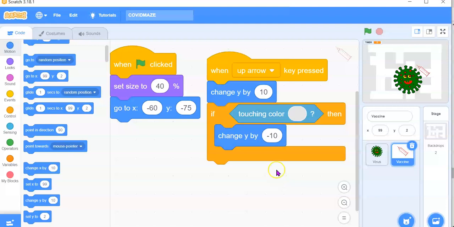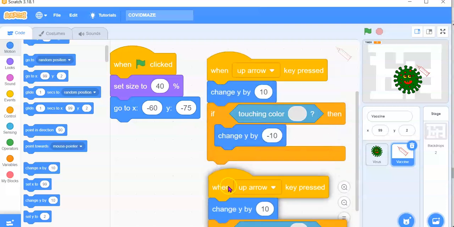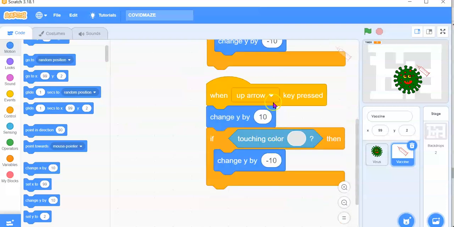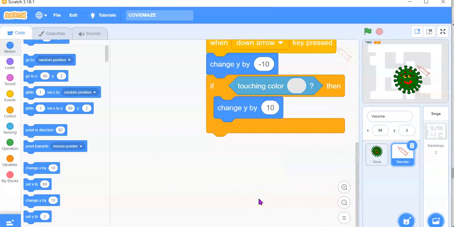Okay, so I'm going to do this code for down, left and right, but for left and right it should be change X. So I'm going to duplicate this for down first. For down is going negative 10, and if you touch the maze gray color, it should do the opposite, so positive 10. Okay, so for left and right,